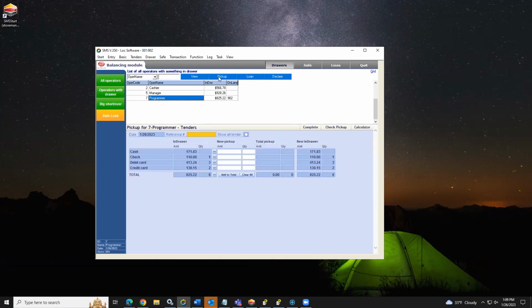And then you're going to be brought to the tenders that the cashier has. Again, by default, the way that the system works is it's going to bring up the tenders that the cashier has actively used today. So for example, my programmer has used cash, check, debit, and credit cards today. If there is a tender that you're looking for that's not in this list that the cashier has not used,